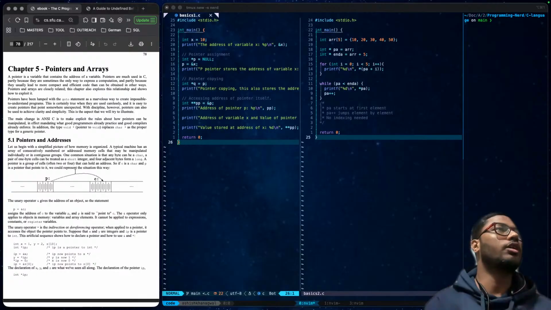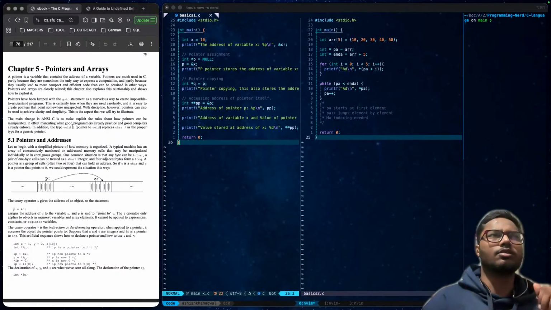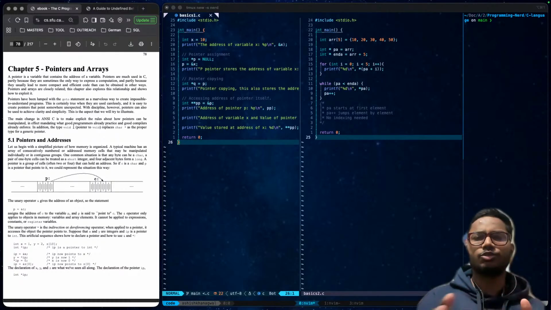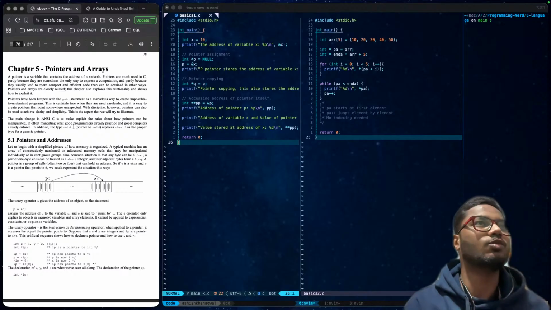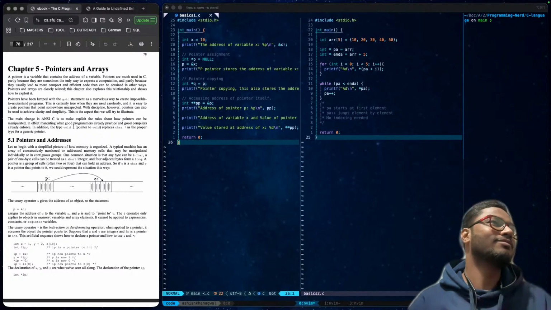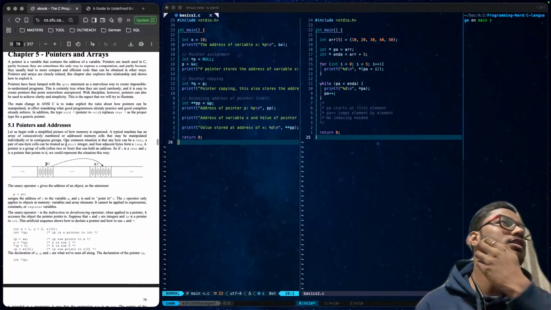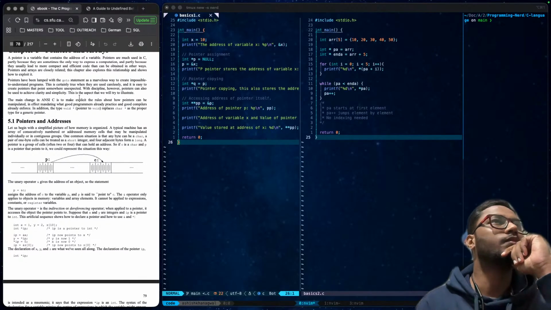So pointers and arrays, we will go through very briefly, not very deep, because I'm sure some of you will get bored. This is the thing that you have to understand.